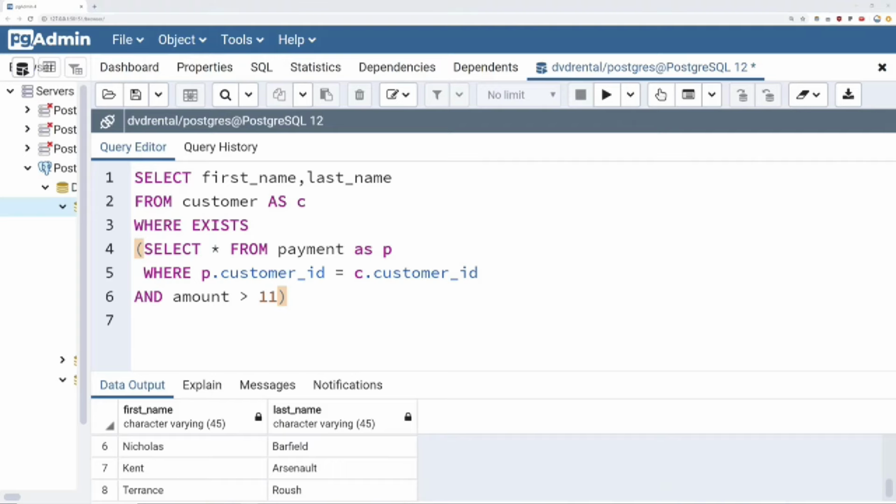So in this example, what's happening is for each customer in the customer table, the subquery checks the payment table to find if that customer made at least one payment. So if that particular customer made at least one payment using this matching criteria and that the amount is greater